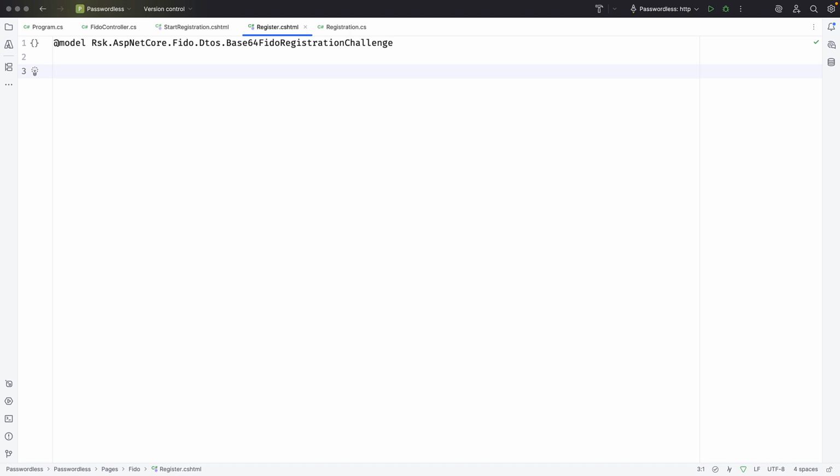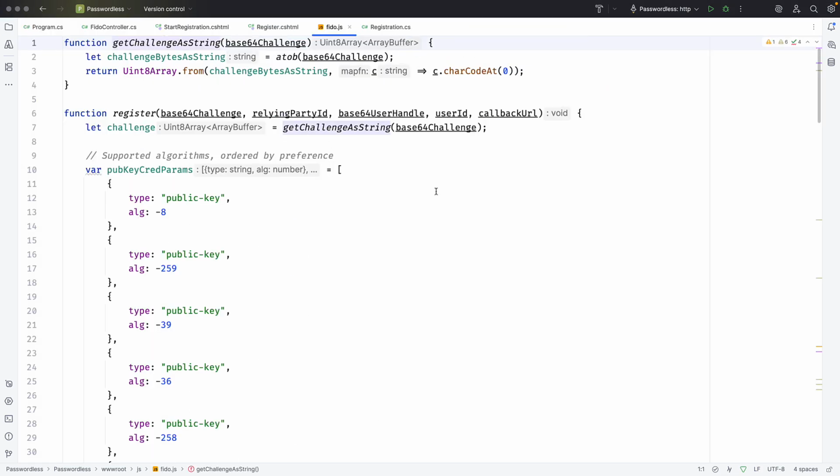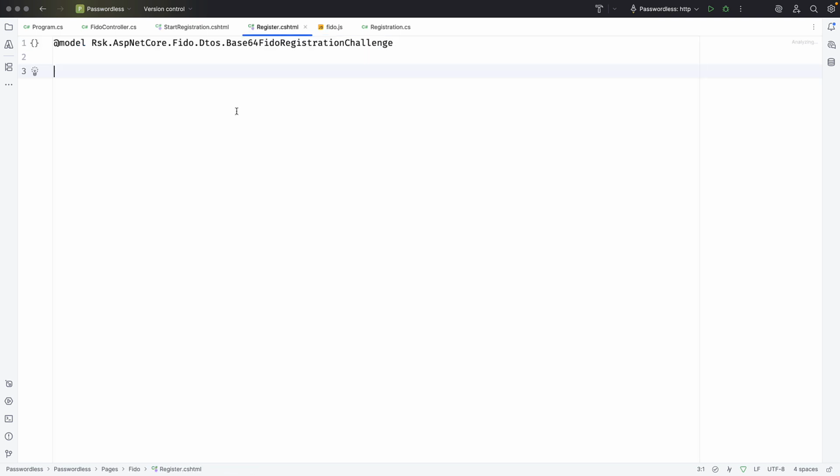Now this view is going to talk to the authenticator inside the browser. And to do that, we need some JavaScript. So in my project, I've added this file called fido.js. And it's this JavaScript that talks to the authenticator and does the client-side part of FIDO. Remember, it's the RSK component working on the server side, and then we have this standard JavaScript that's working on the client side. Now, this JavaScript has a function called register, and that's the function we want to call from